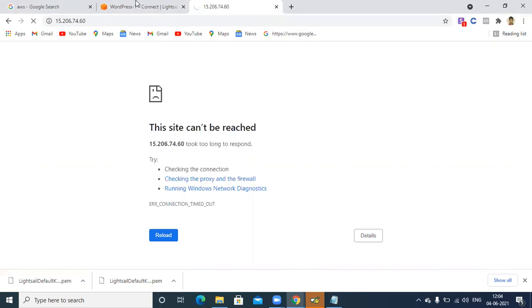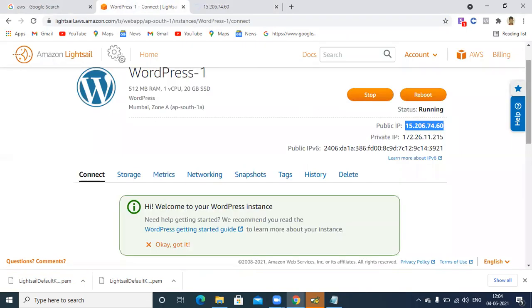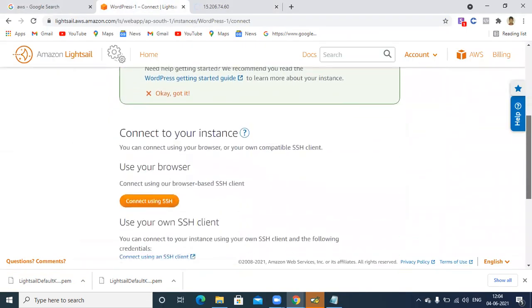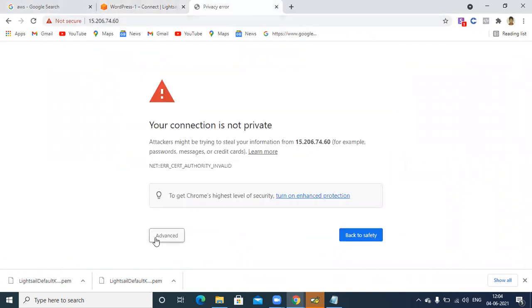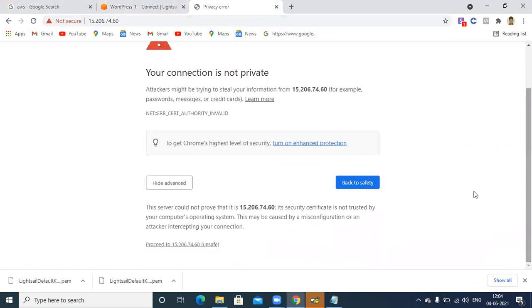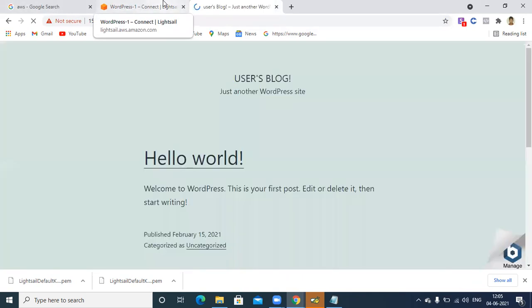And meanwhile, you have to go to connect using SSH. For the example, let us see. Okay, now I have got it here, and you have to click on proceed. Let us see. Okay, now I have got it here. This was the example.